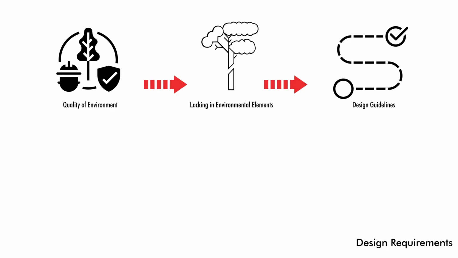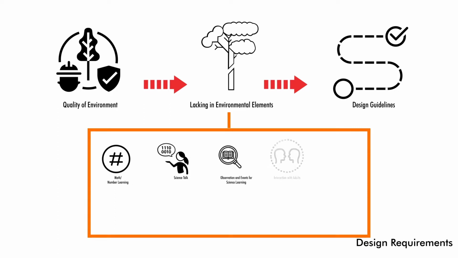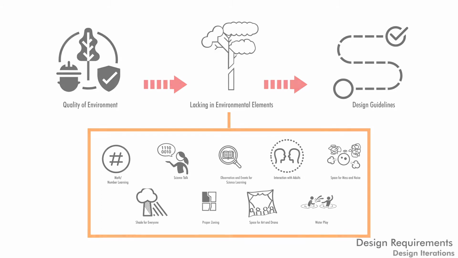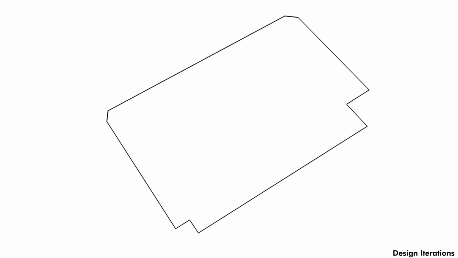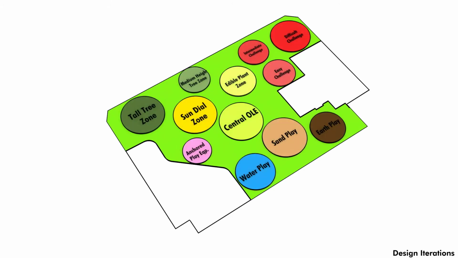Some of these lackings are lack of math or number learning elements, science talk scopes, observations and events for science learning, interaction with adults, space for mess and noise, shade for everyone, proper zoning, space for art and drama, and water play. After deriving the basic design requirements, the zoning was done keeping in mind the existing trees and major